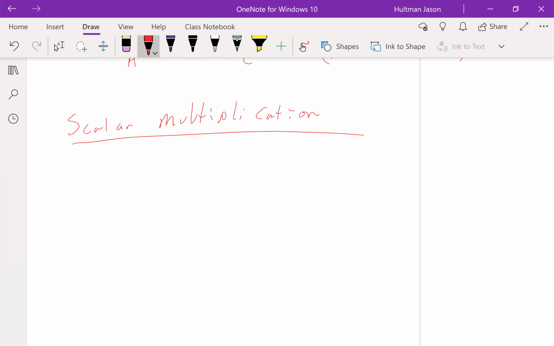So scalar multiplication. If c is a scalar and v is a vector,